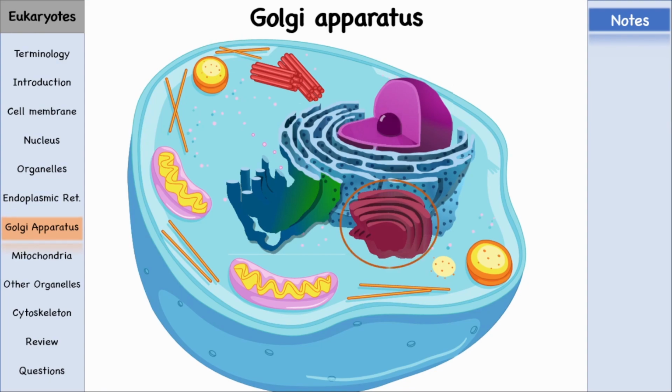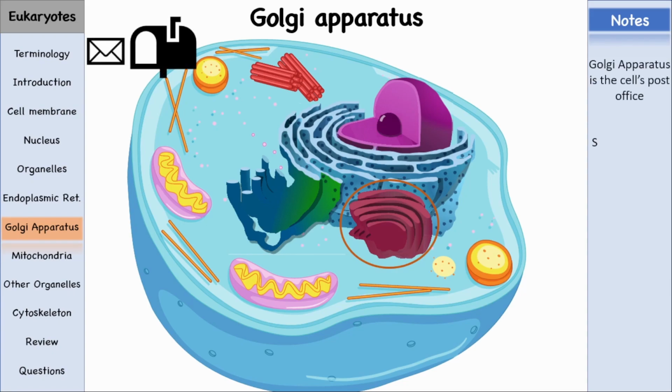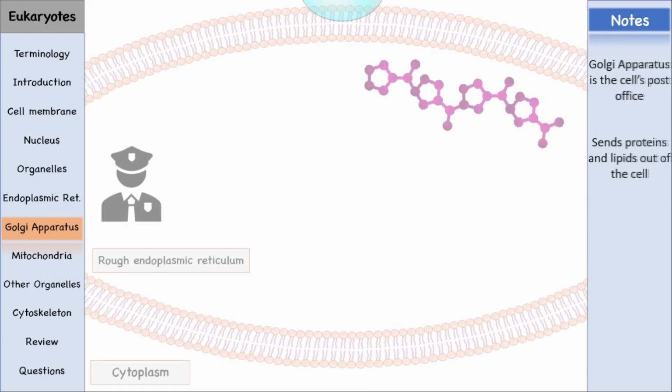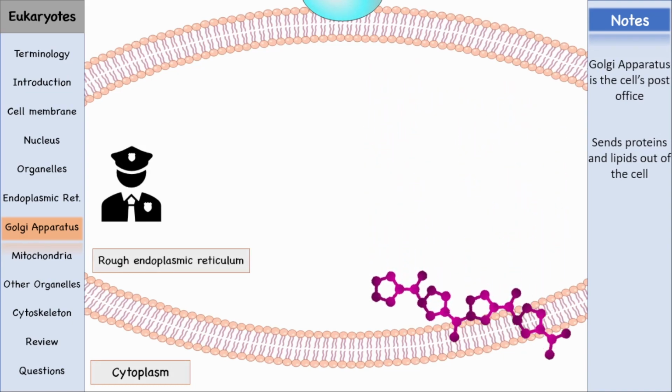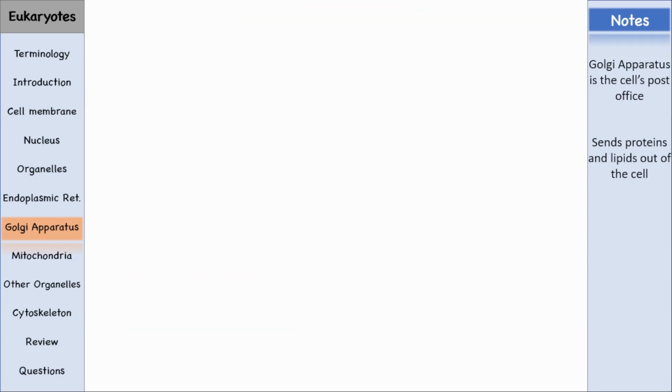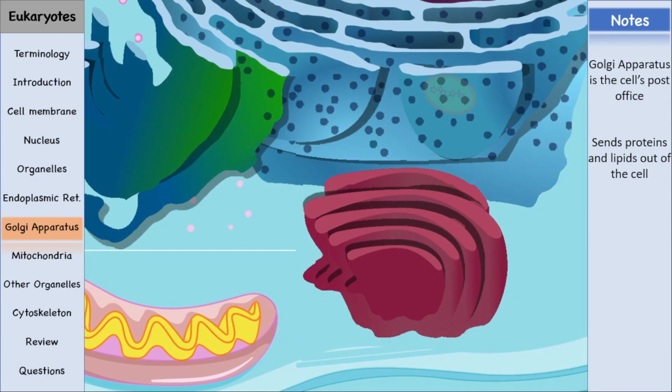This is the cell's post office, because it sends proteins and lipids out of the cell. To understand its function, let's first go back to the rough endoplasmic reticulum. After modifying the protein, it will release the proteins necessary for the cell. But if it is a protein that is needed for a function outside the cell, then it will send it